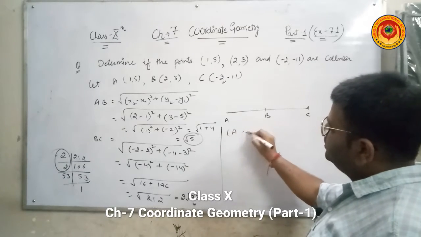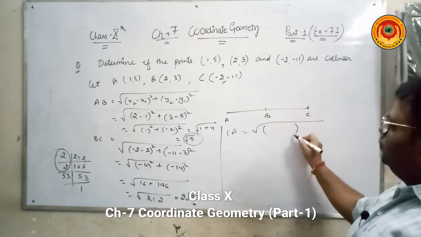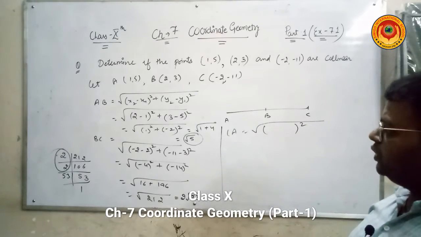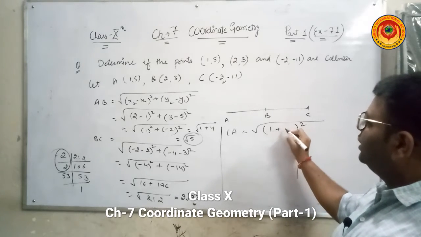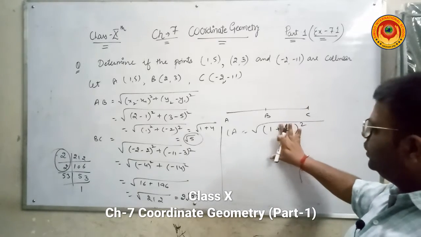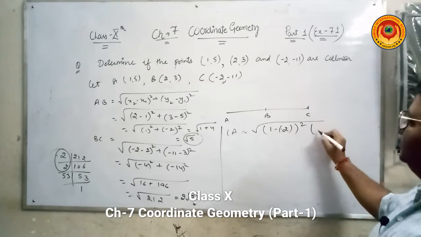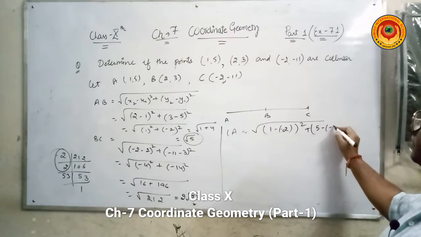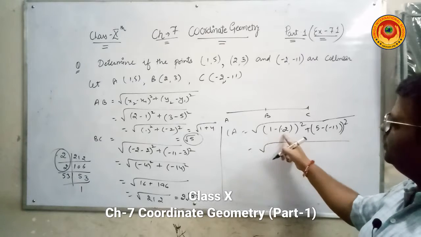Suppose I write CA. Then subtract the coordinates of C from A. What are the coordinates of A? Coordinates of A are 1 comma 5 and C is minus 2 comma minus 11. So 1 comma minus 2, and outside minus, it becomes positive, minus minus plus, then y2. What's your y2? 5 minus minus 11. It becomes 1 plus 2, 3,